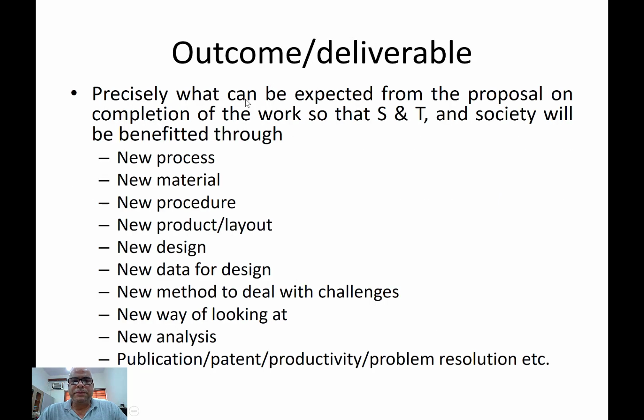It is important to identify what will be the output or the deliverables when the project is completed. This is important to see precisely what can be expected from the proposal on completion of the work, so that the science and technology or the society will be benefited. And these may be in form of developing a new process, developing newer materials, coming out with the newer procedures which will reduce rejection, improve the productivity, coming out with the newer products or layouts, coming out with the newer